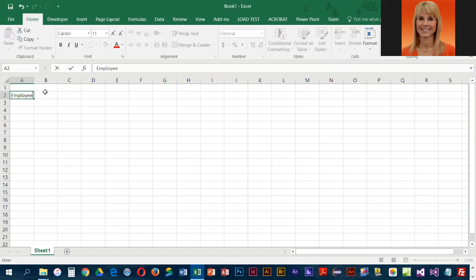And then once we've keyed that in, the next cell that we want to add data to is B2. So right now, we're still adding data to cell A2. So we need to finish this off before we start typing in B2. And because we want to go across, we can either press the Tab key or we can press the right arrow key. So either Tab or right arrow will enter employee into cell A2, and it'll also move that active